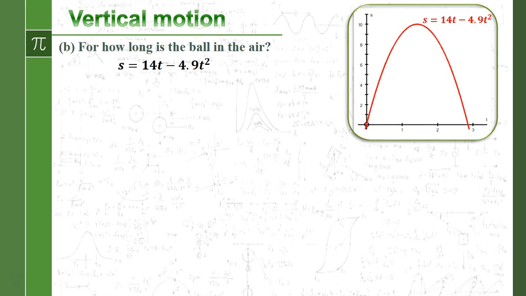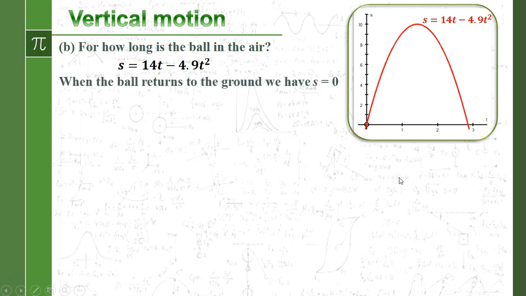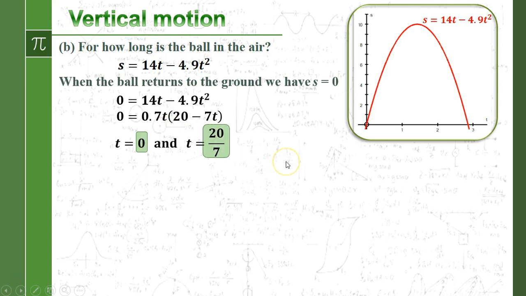For how long is the ball in the air? We need to find essentially that value there, and to do that, what do we know at that point? Well, we know that displacement is 0. So we can set that equal to 0 and do some factorising. Again, how you choose to factorise that is up to you. You could just take out the t if you wanted, and we end up with t equals 0, and t